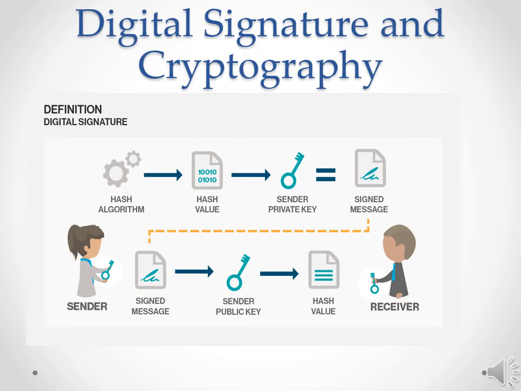Digital signature. A digital signature is a mathematical technique used to validate the authenticity and integrity of a message, software, or digital document. The digital equivalent of a handwritten signature or stamped seal, but offering far more inherent security. Cryptography: the art of protecting information by transforming it, encrypting it, into an unreadable format, called ciphertext. Only those who possess a secret key can decipher, or decrypt, the message into plain text. Cryptography is used to protect email messages, credit card information, and corporate data.